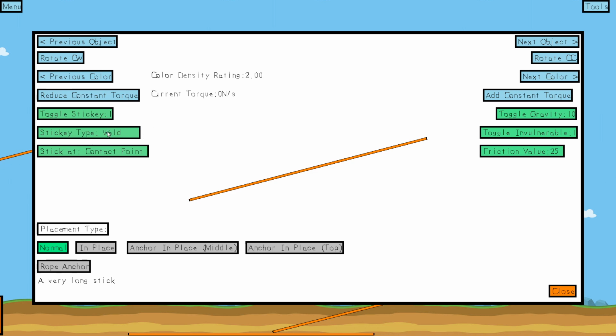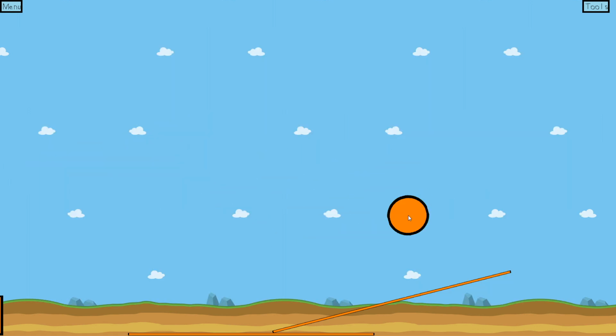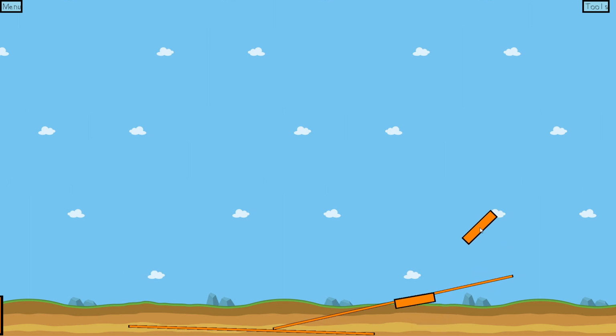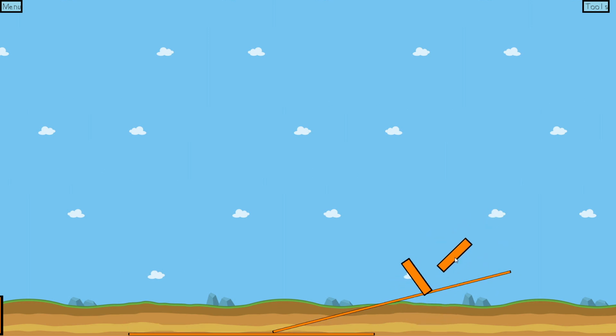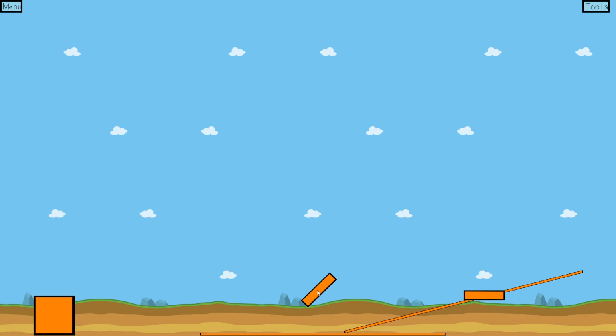The other option other than weld is rotate, which means once whatever sticks to whatever, it will not be stuck in place, it will be rotatable where the joint gets created. So for example, see how the block is still stuck, but it can rotate freely. What you can do with this kind of thing is say,